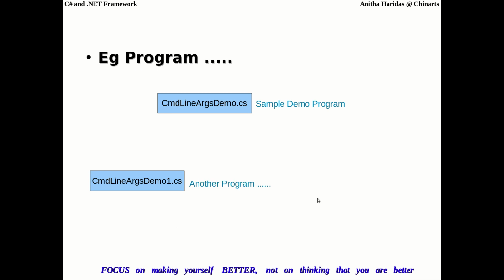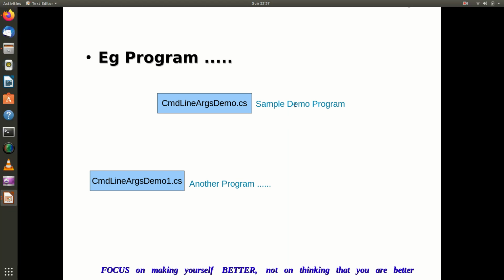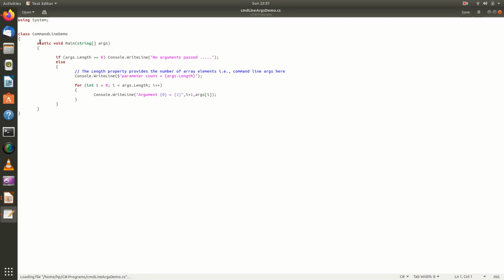Let us see some demo programs so that you can easily understand what command line arguments are and how these arguments can be passed. Let me take you to the first program. This is the first sample program. I have the using directive, always using the system namespace, and I declare a command line argument demo class. I have a main method.